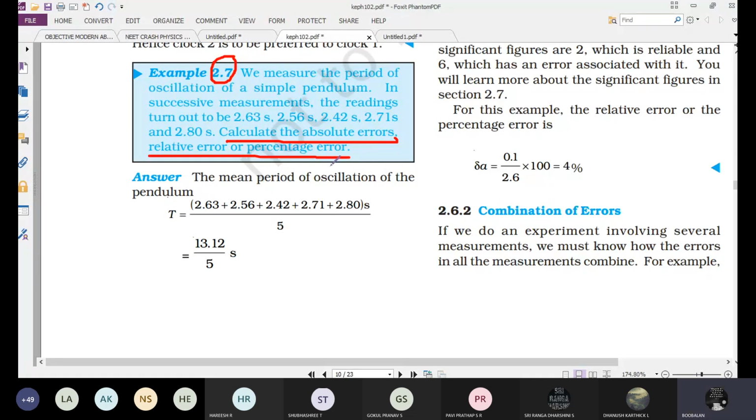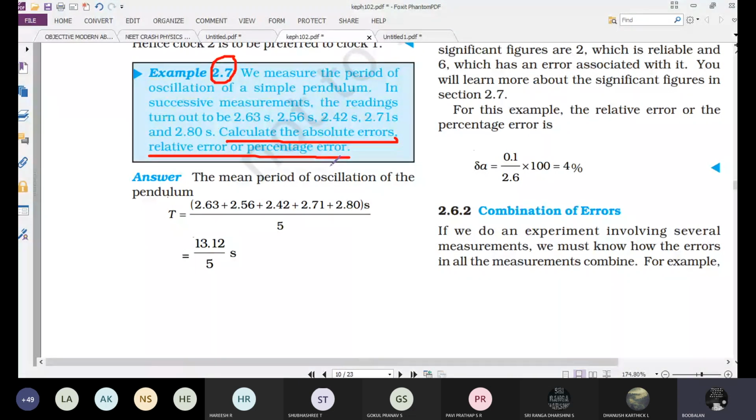The first one, the formulas are there. What is the first formula? True value, absolute error, mean absolute error, relative error, percentage error. First you try, whether it is right or wrong, no problem. Everyone try yourself. I need the true value, absolute error, mean absolute error, relative error, percentage error.